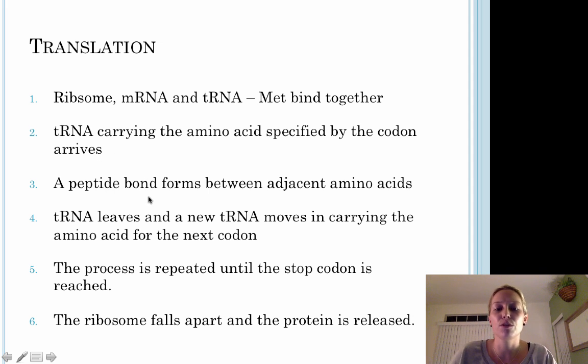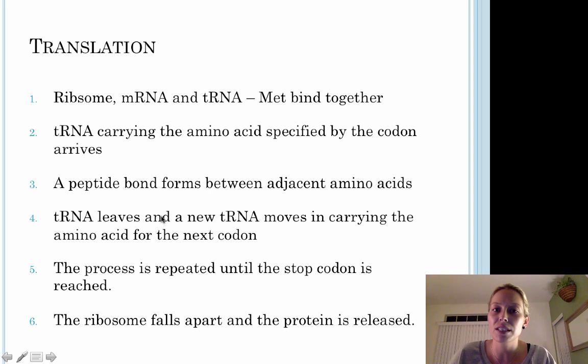Peptide bonds are going to form between adjacent amino acids. Once the tRNA has brought in the correct amino acid, a peptide bond, that's a specific bond between two amino acids, is going to form between two amino acids that are next to one another. Once that peptide bond has formed, the tRNA molecule is going to leave and go find itself another amino acid, and a new tRNA molecule is going to move in, carrying the amino acid for the next codon. And this process is going to repeat itself over and over again